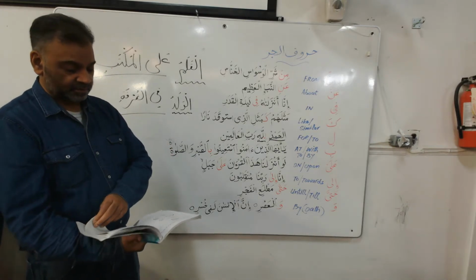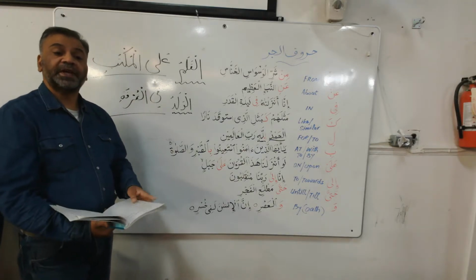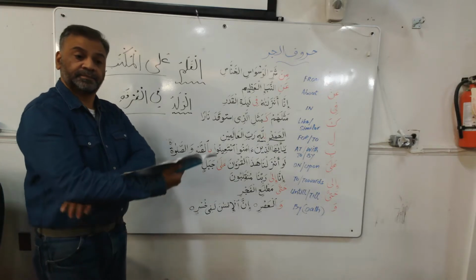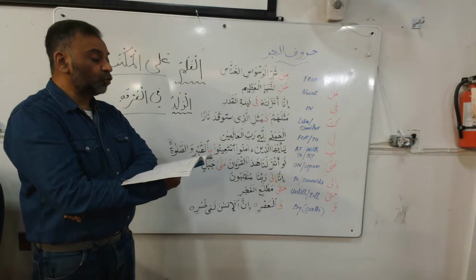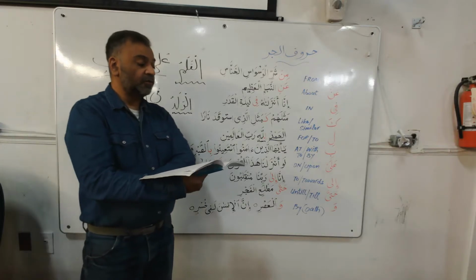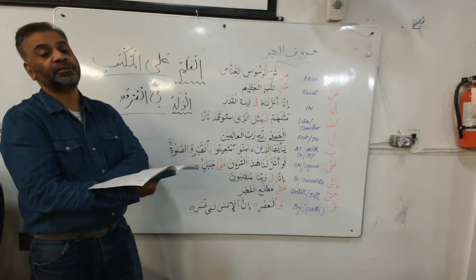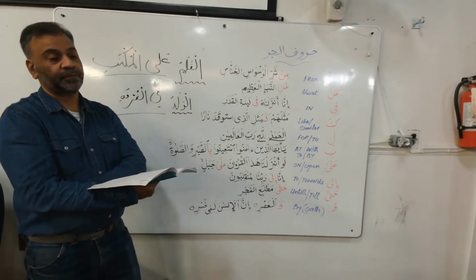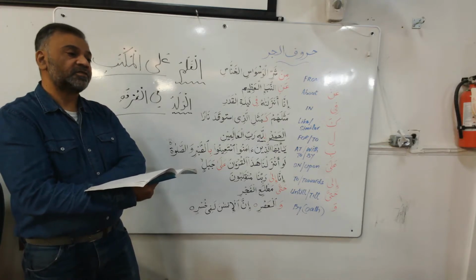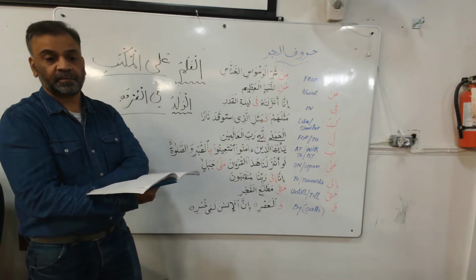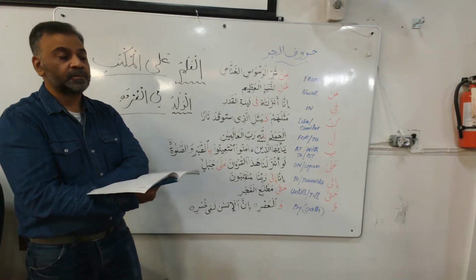Before we begin, let's go to page number 19. Page number 19 of the book. Al-Huruful Qamariya wa Huruful Shamsiya. The moon letters and the sun letters. This is not a grammatical concept. This is more like a tajweed concept. But I think Dr. Saab is bringing in this concept because